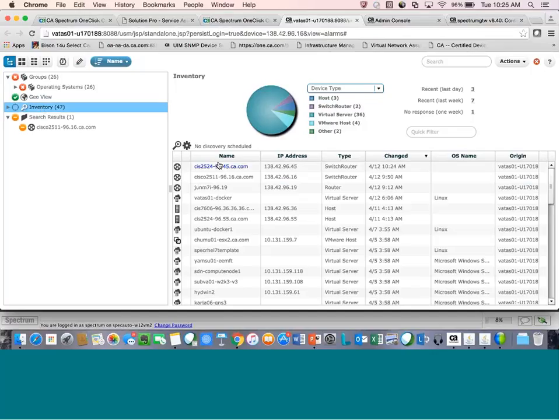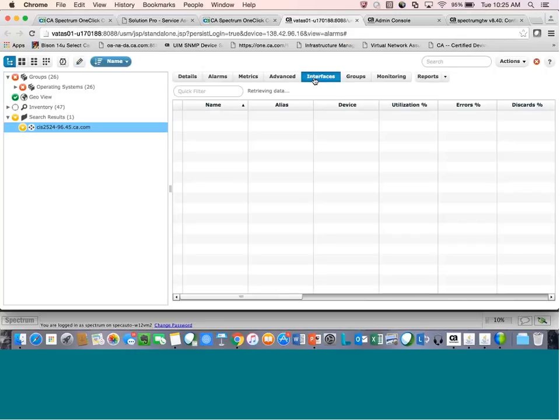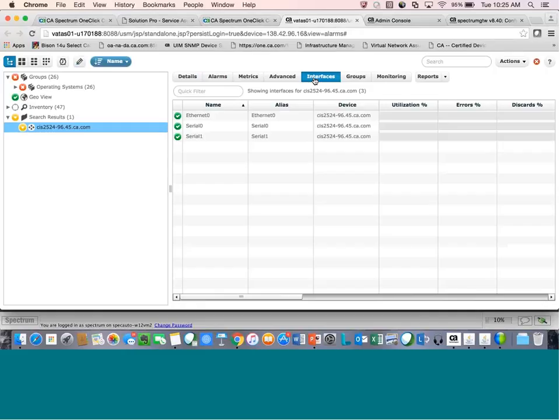You almost missed it, right? It happened so quick. So here is that device that I just added to that global collection, and that synced the inventory over along with all interface information as well. So again, adding into the global collection, the synchronization there populates that inventory into UIM. That way I don't need to do subsequent discovery on the individual device.